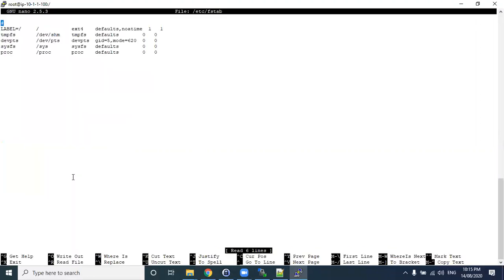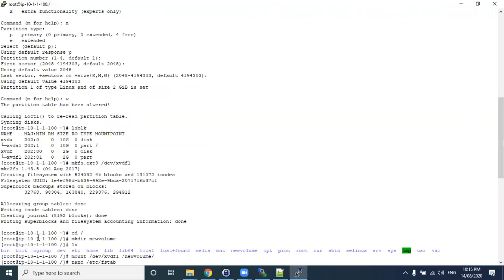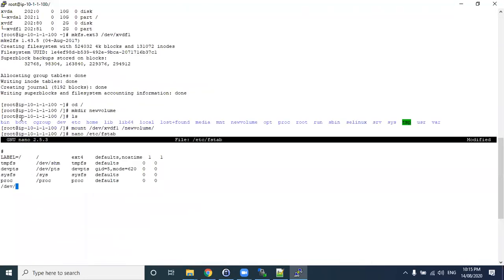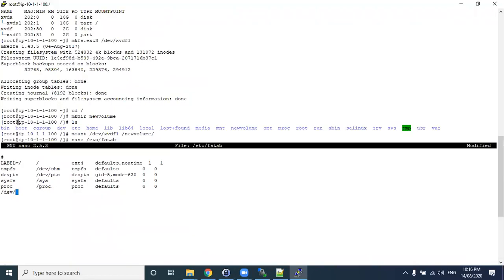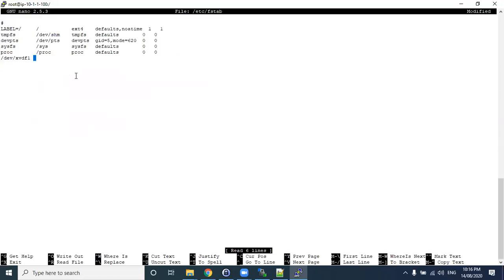Adding in fstab. It is XVDF1 and the folder name is new volume, right?